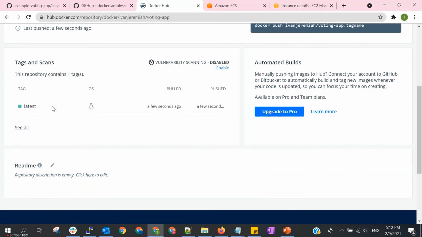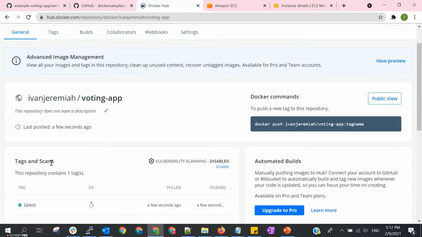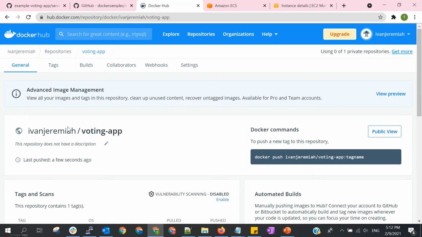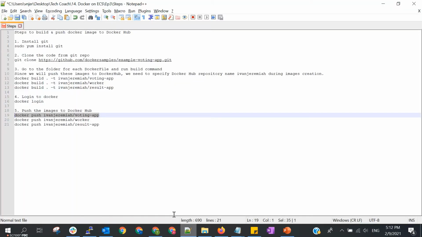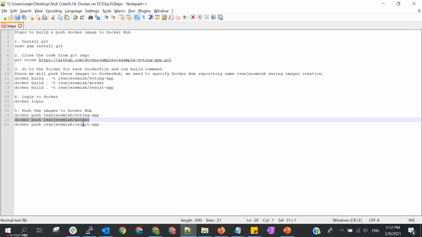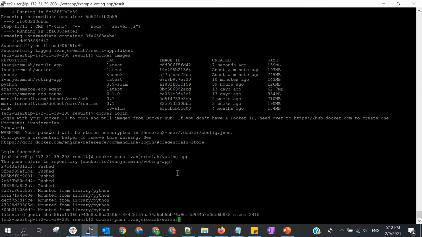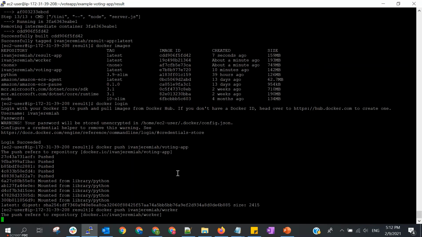We don't specify any tag, so by default it is creating the latest tag. Okay, let's push the other one. Let's push the worker image.